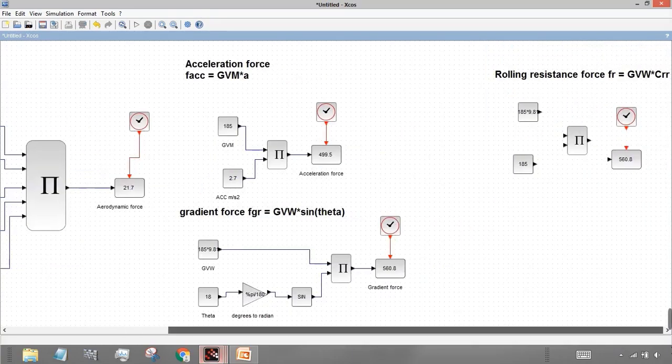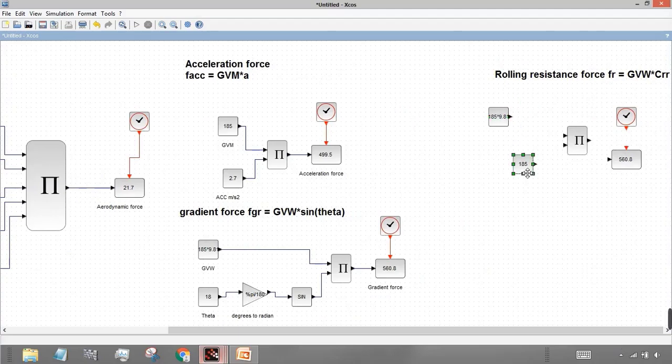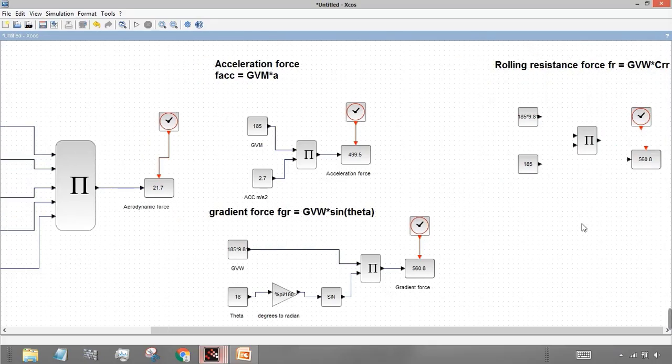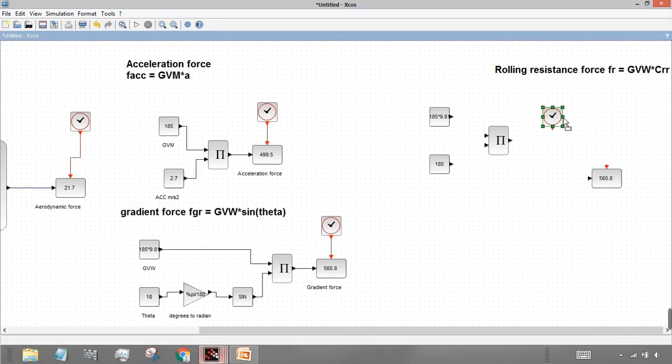I'll move it to the right hand side, so it will be easier, and just reposition it so it will be bigger.